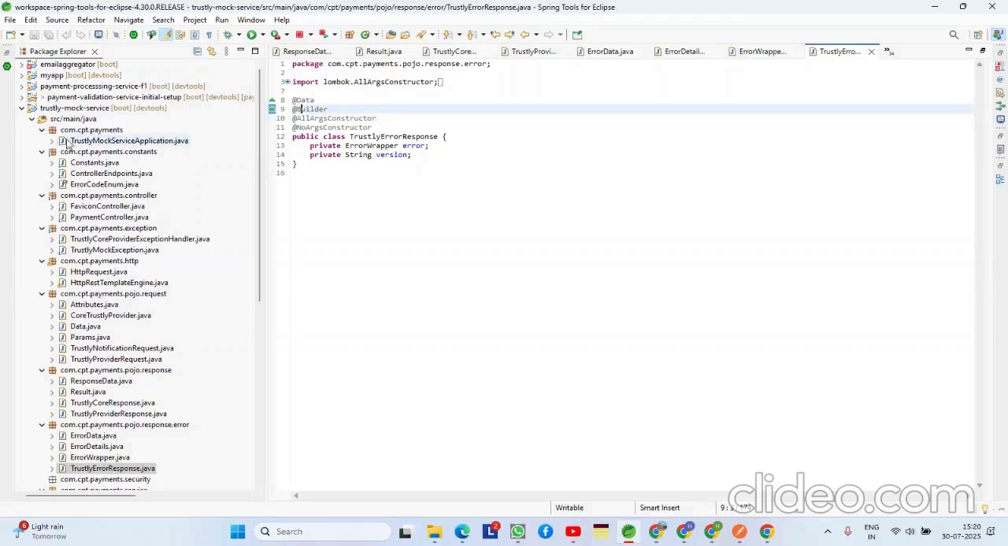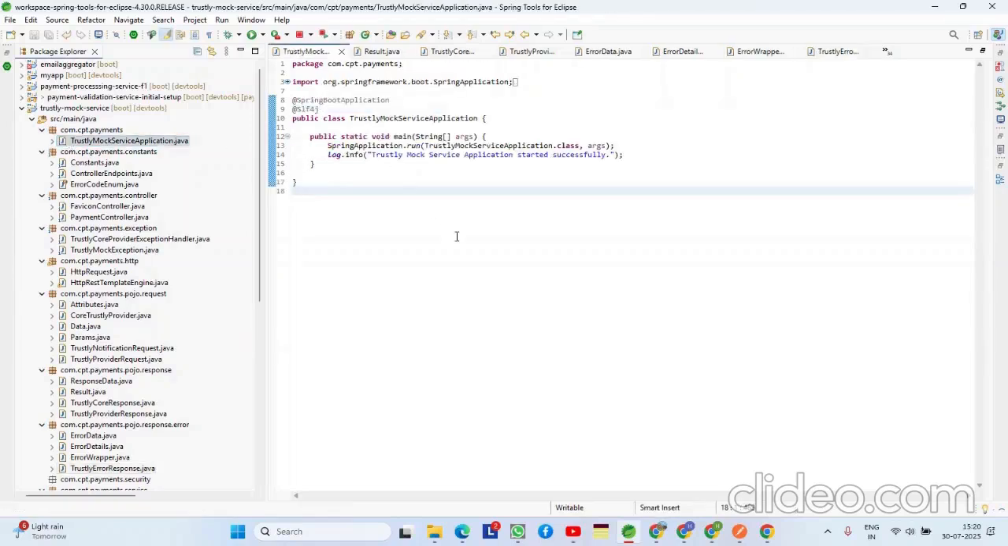Okay, then this is the main entry. This is the main class. So this is the main entry point of the Spring Boot application, likely annotated